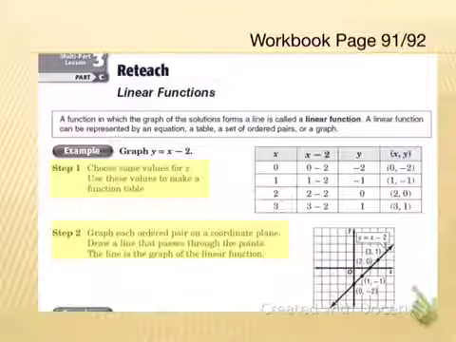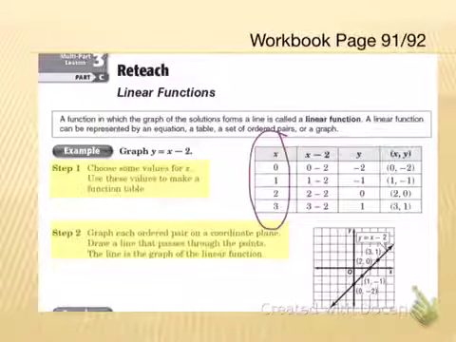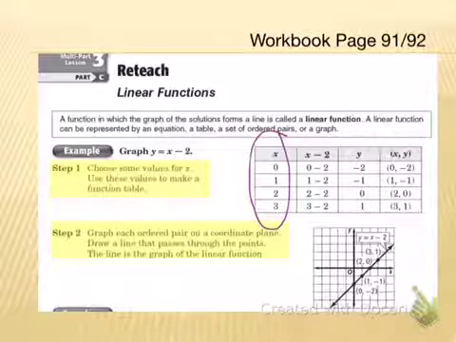In order to graph a linear function, step 1 says to choose some values for x and use these values to make a function table. So if we look here, they chose these x values. They chose to use 0, 1, 2, and 3. Those are typically some pretty good numbers to choose for our function table because they're typically on the graph. But sometimes we may choose some that are off the graph. So we want to make sure we've got at least 3 points on our graph before we can connect them